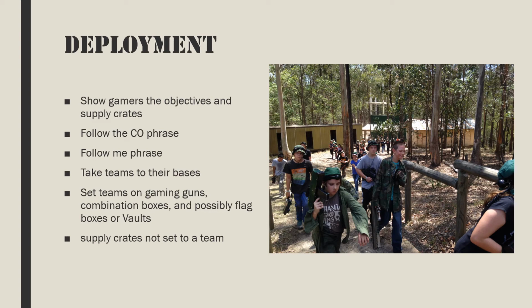When managing a large group, your voice may not get everyone's attention. To help, use the phrases menu on the master controller. Start with the follow the commanding officer phrase, and if required, use the follow me phrase, to get everyone moving. First show them the objectives and supply crates, and then with the help of the staff lead the teams to